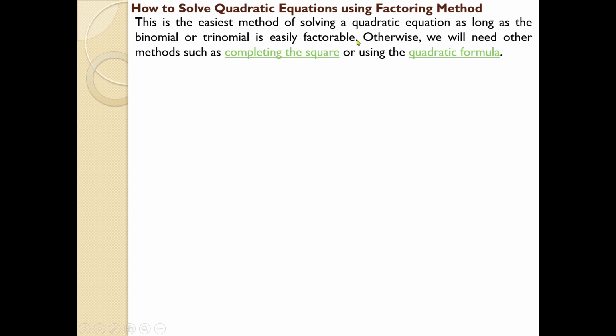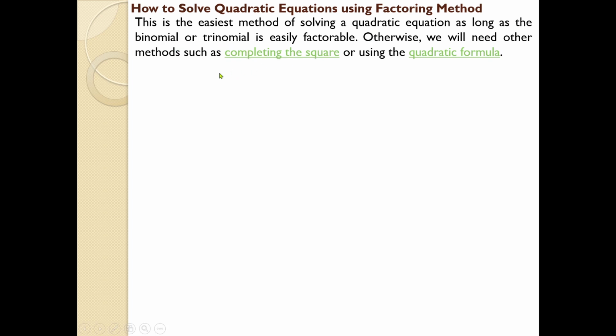Factorable means you can bring down its power to a simple value, that is, x square or x cube can be converted to a single variable. That is known as factorization. Binomial means when there are two terms. Trinomial means when there are three terms, or any variable raised to 3 or any variable raised to 2. That is known as binomial or trinomial.